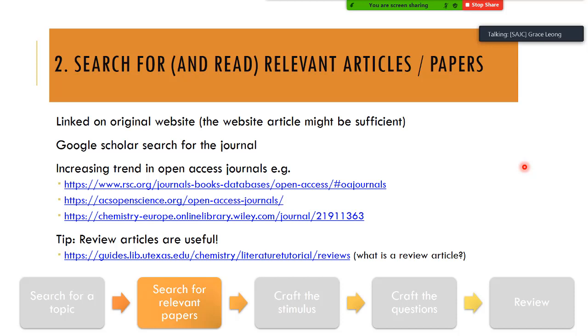So when they can do things like compare cost effectiveness, compare which method is better, which they think is the preferred approach, and so on. Some of you might also be wondering that these papers are very long, very hard to digest. Actually, there's no need to be afraid of not being able to understand the entire paper. When I was setting the stimulus question for last year, actually I only read the introduction, the abstract, and conclusion